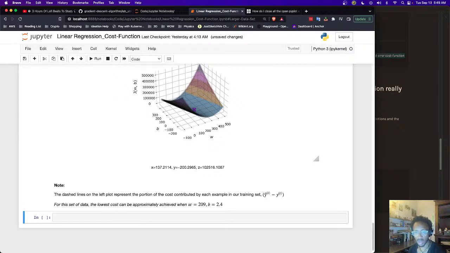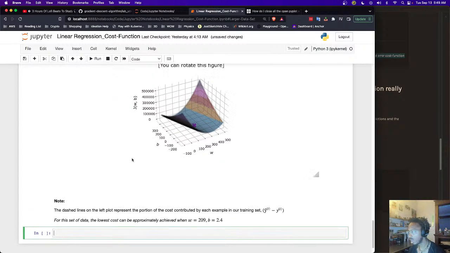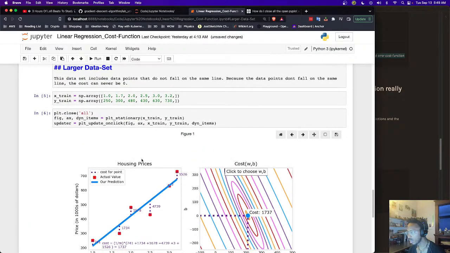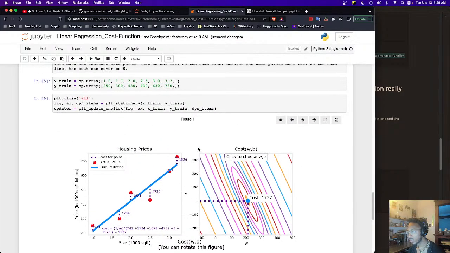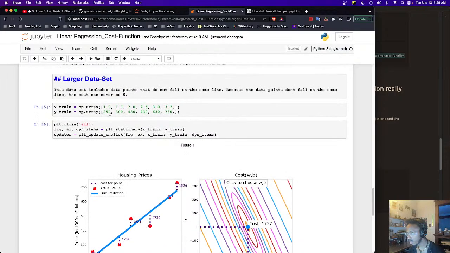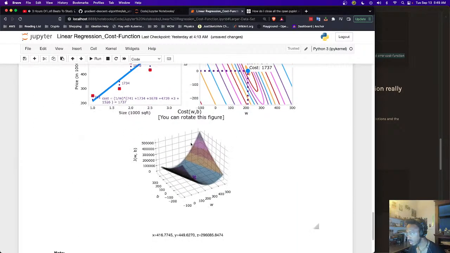And so now we're going to do another independent soup bowl. They're calling it here a convex cost surface, but it's just going to be a soup bowl. I'm going to check their code really quick because it seems like,